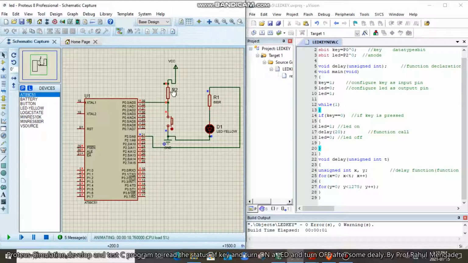You can change the conditions, right? If the cathode is connected to pin number P2.0, then to turn on the LED, 0 should be passed to the LED pin,